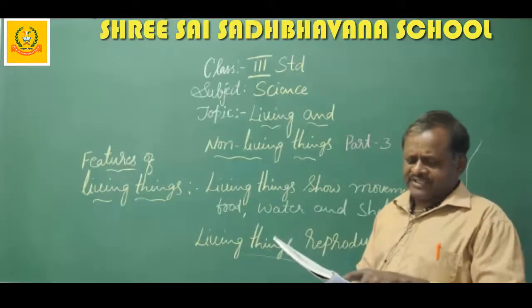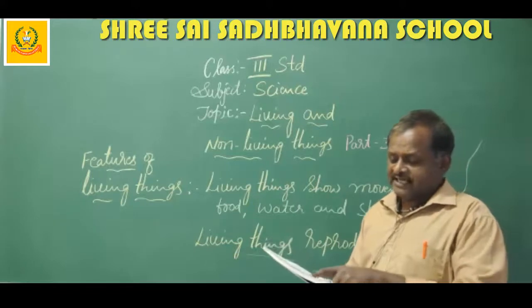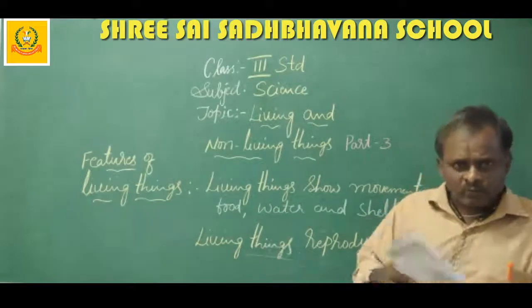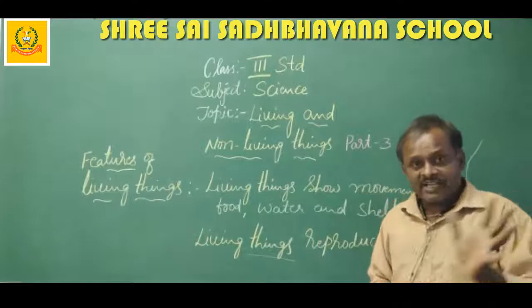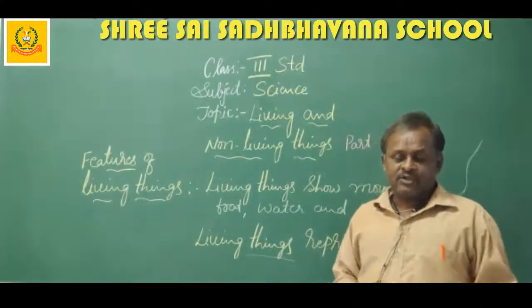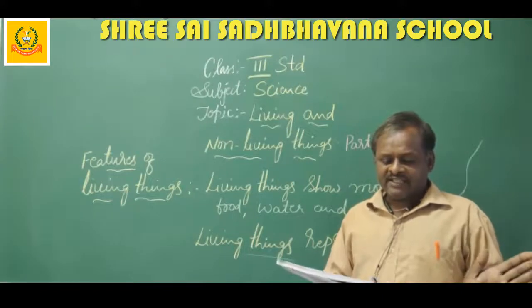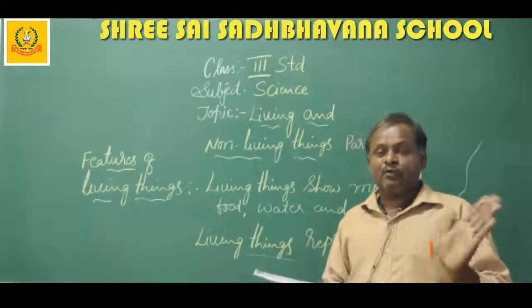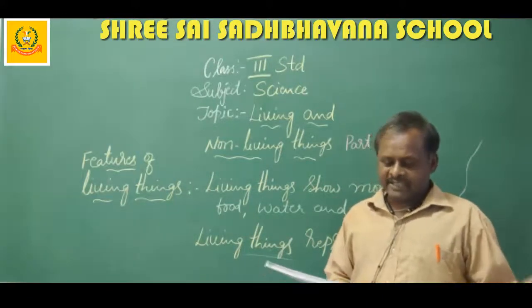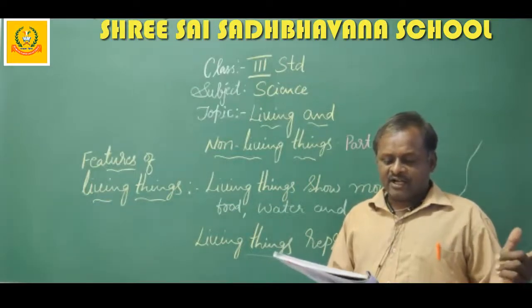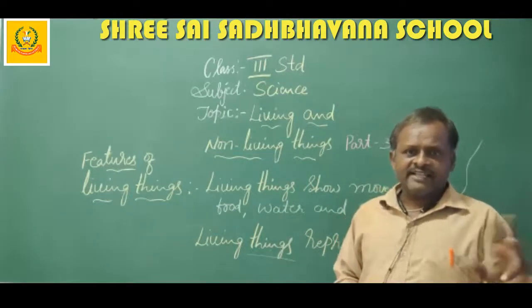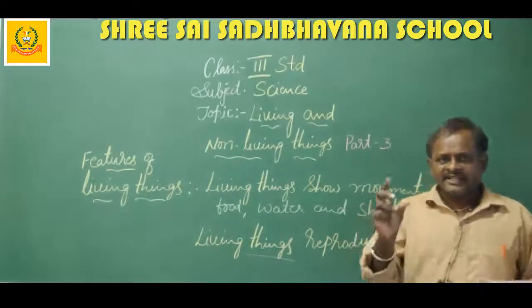Living things have life cycles, so reproduction is an important part of their life. If one is dead, another one has to replace its place. So they reproduce. All living things are capable of reproducing their own kind. Human beings and animals like cat, dog, cow and lion give birth to their young ones.